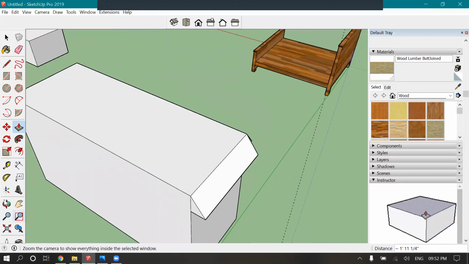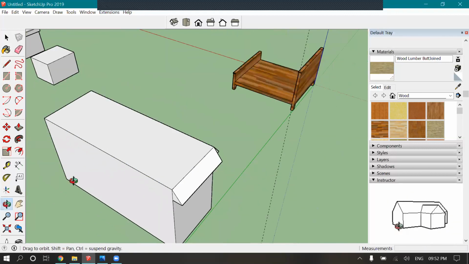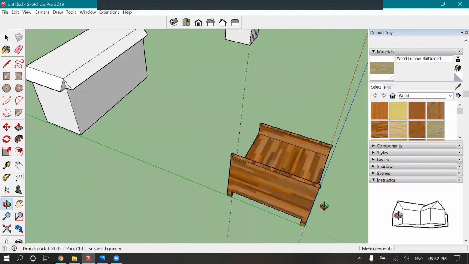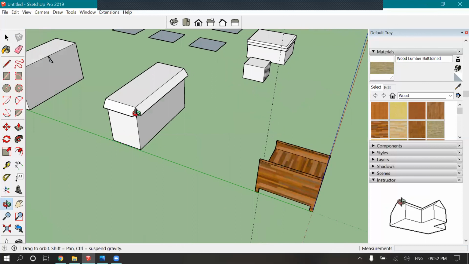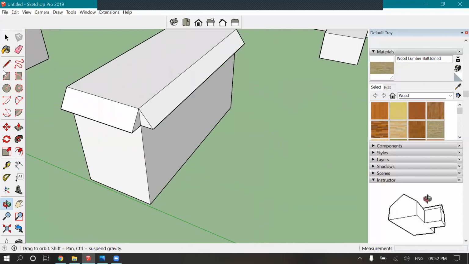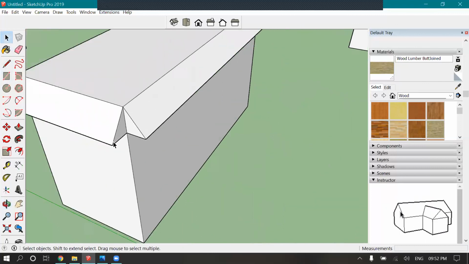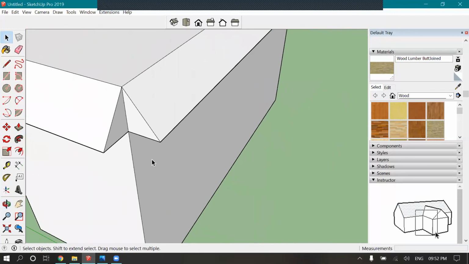Then go ahead and start exploring SketchUp, because this is a very simple and basic 3D modeling software, and at the same time very easy in its user interface. That's why most architects use this software.